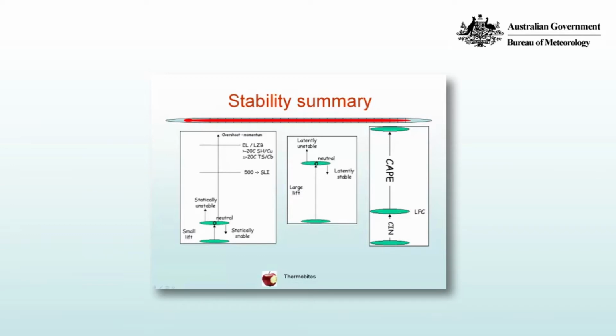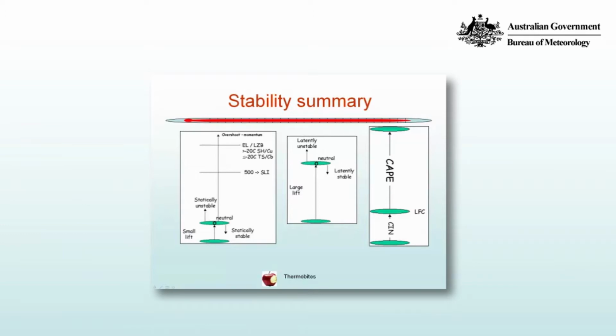The equilibrium level, or the level of zero buoyancy, is the region where a parcel now returns to the environmental temperature. Although for thunderstorms, you can get overshooting tops where momentum carries parcels of air through to an environment of negative stability. In the middle is illustrated latent stability, which asks the question, if we give a sufficiently large lift,